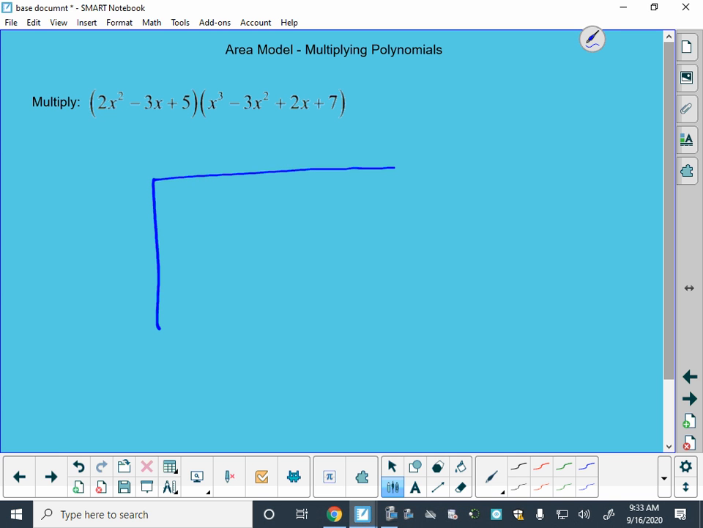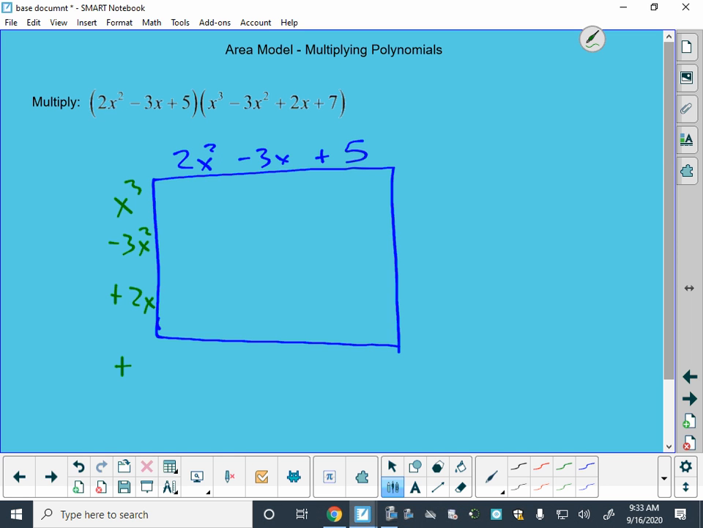But we're going to jump in here and take a look at how we could use an area model to multiply these things together. So I'm going to draw my rectangle, and on one side of the rectangle we have 2x squared minus 3x plus 5, and on the other side we will put our x cubed minus 3x squared plus 2x. I'm going to throw an extra space down here. Pay attention to how big I had made that. It doesn't matter which one goes in which direction, but we are going to break this thing up